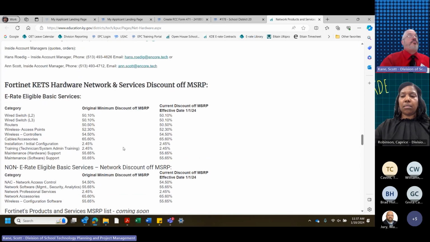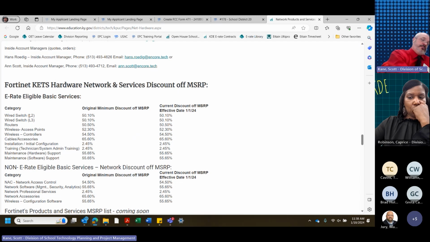And here's your MSRP. You can see the percent off MSRPs for these kinds of things. So you can see that Fortinet should be giving you 50.1% off MSRP for their wired layer 2 switches. So you should be able to figure out, based upon the component that they're proposing, if they give you the MSRP, you should be able to then calculate, all right, they said $500 and we're supposed to be getting 50% off.